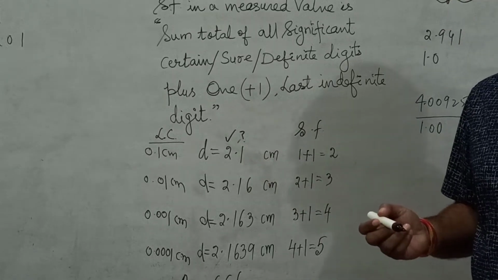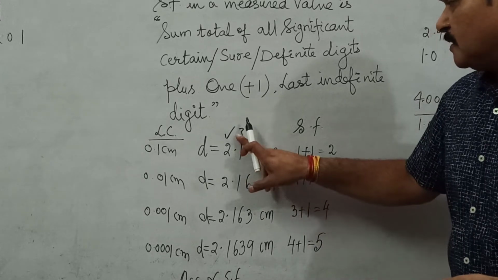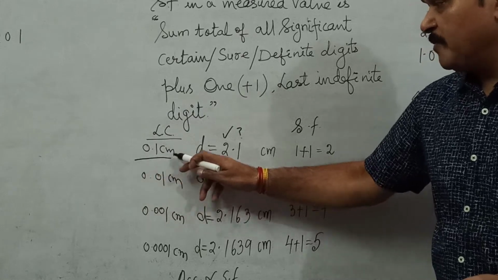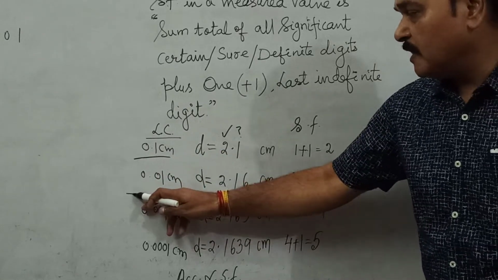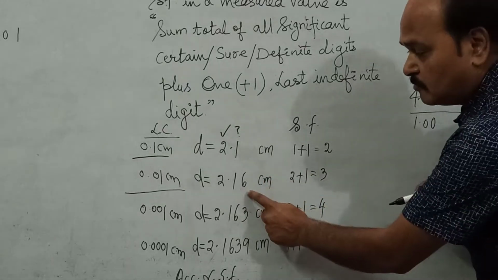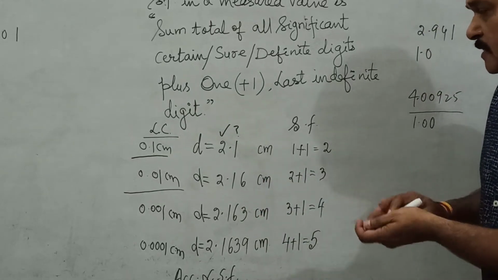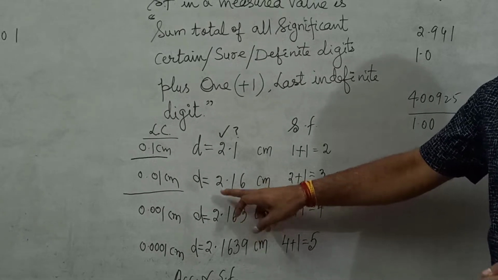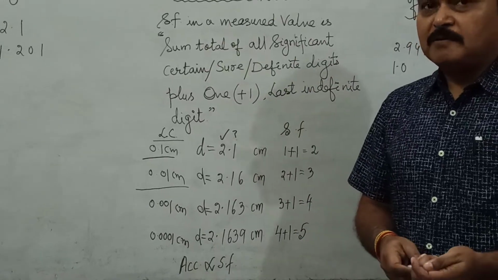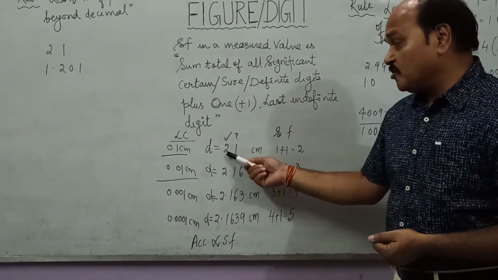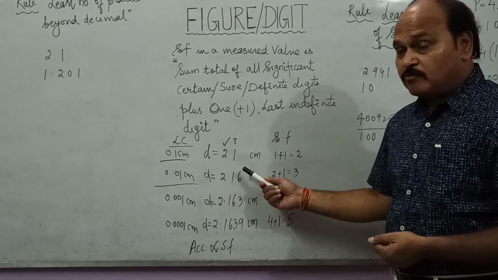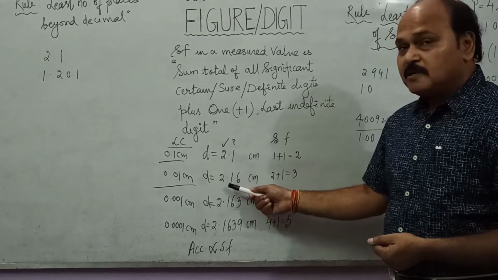Why? See, this measurement has been made by the meter scale whose least count is 0.01. But if we make the same measurement with the help of vernier caliper, it comes out to be 2.16. That means we come to know this digit also. Now after looking at this recording, if it is asked, tell the value of the diameter of the pen up to 1 place beyond decimal, your response would not be 2.1. Your response would be 2.2. See, 2.16 when rounded off up to 1 place would give us 2.2.